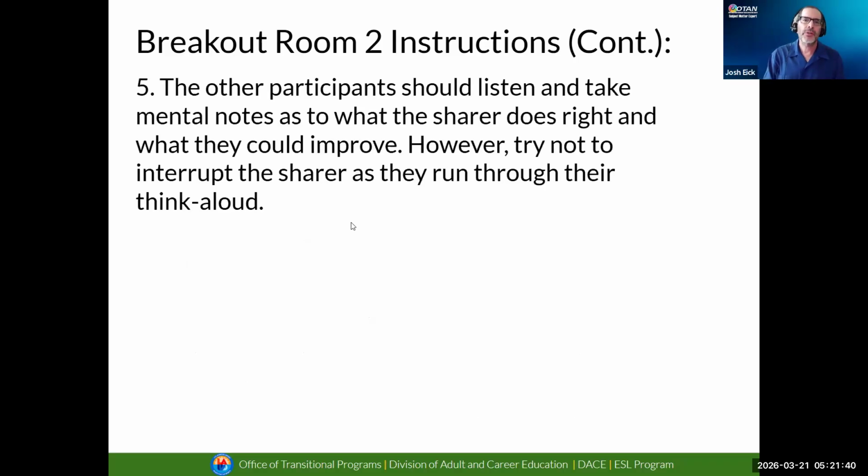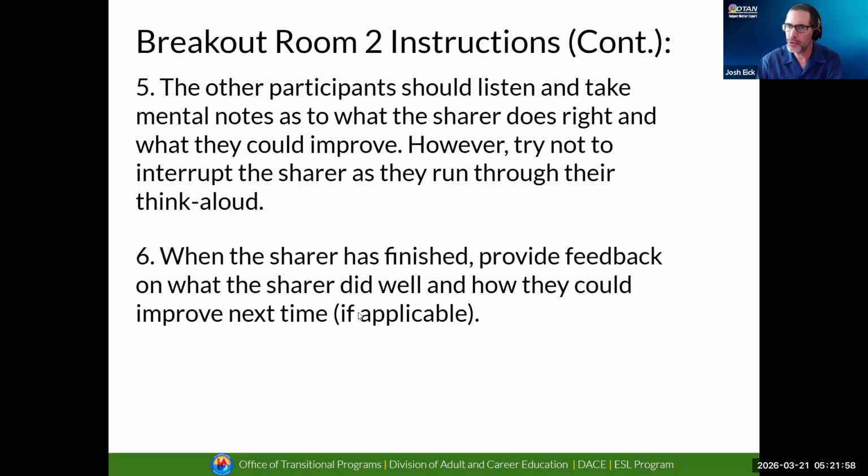The other participants should listen, and this is important, and take mental notes as to what the sharer does right and what they could improve. However, try not to interrupt the sharer as they run through their think aloud. Let them finish, then you can give them your feedback. Even if they make a huge mistake, let them keep going.